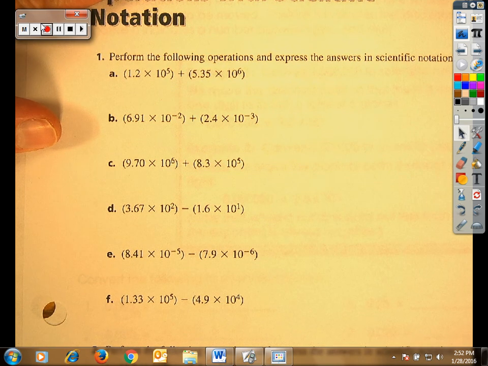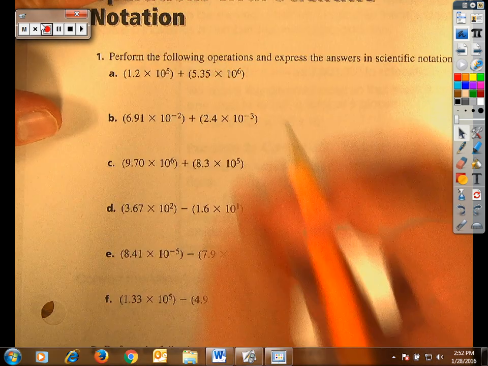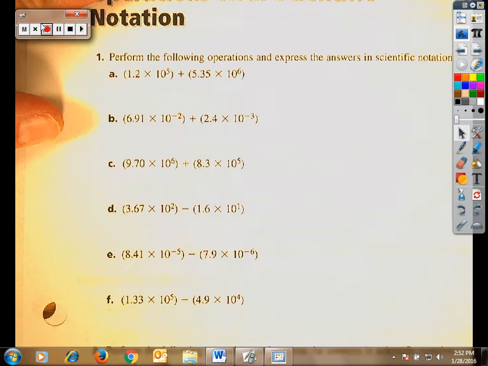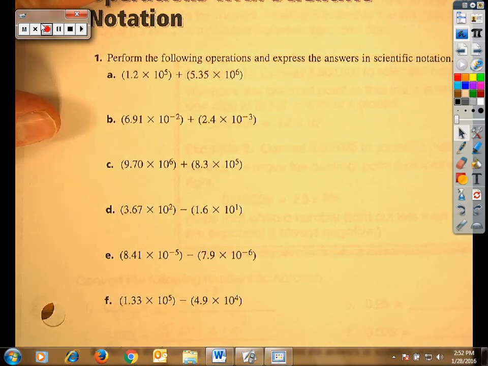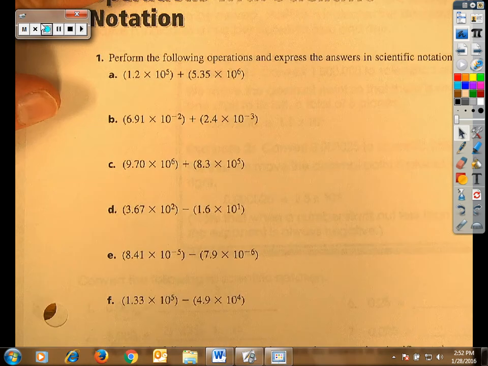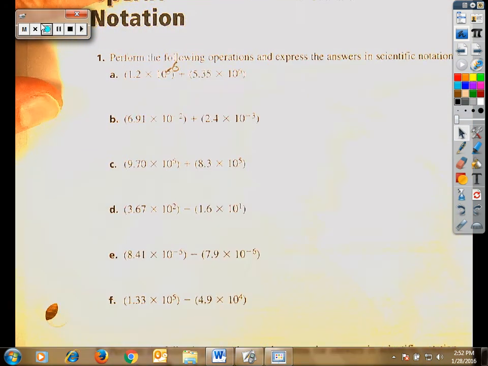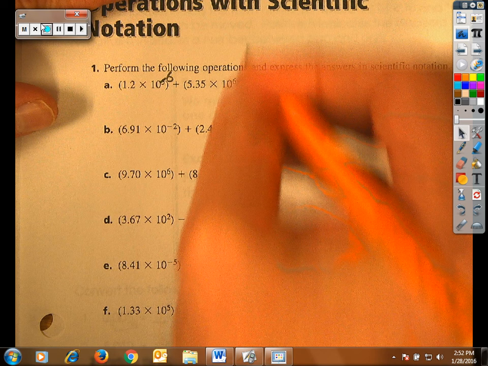In addition to subtraction, you have to make sure your exponents match. I have a 10 to the 5th, I have a 10 to the 6th here. I have to make them the same number, and I suggest going with the larger number. You want to make that 5 a 6. If you raise it,